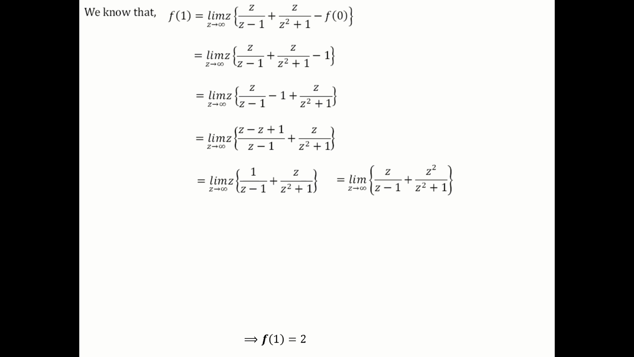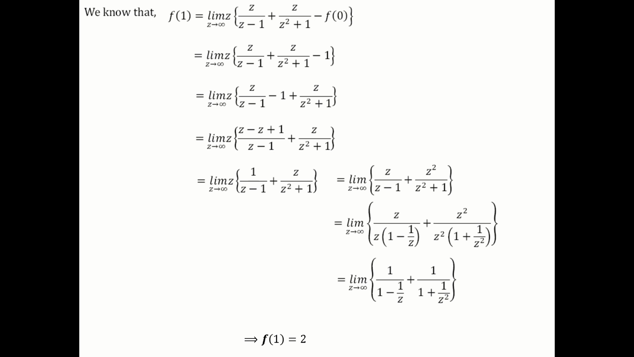We are multiplying that z inside, z square by z square plus 1. So that is limit z tends to infinite, taking z outside in the denominator, you will get z by z into 1 minus 1 by z. And similarly, you take z square outside in the denominator, plus z square by z square into 1 plus 1 by z square. So z gets cancelled, z square also gets cancelled. You will get limit z tends to infinite 1 by 1 minus 1 by z plus 1 by 1 plus